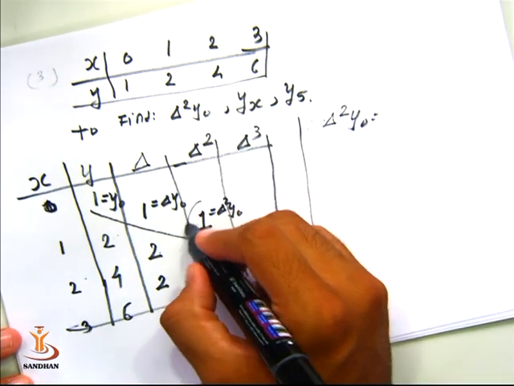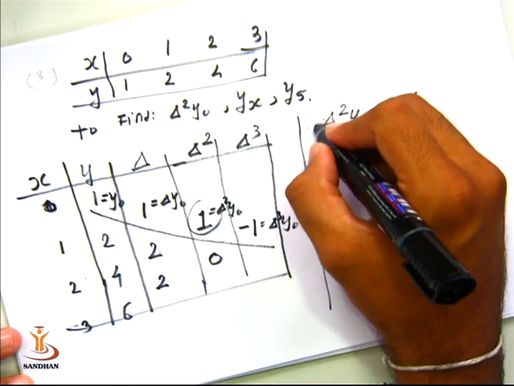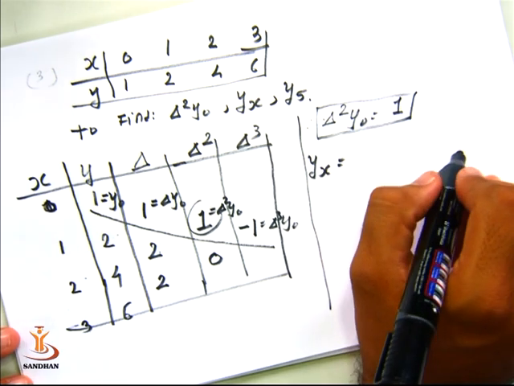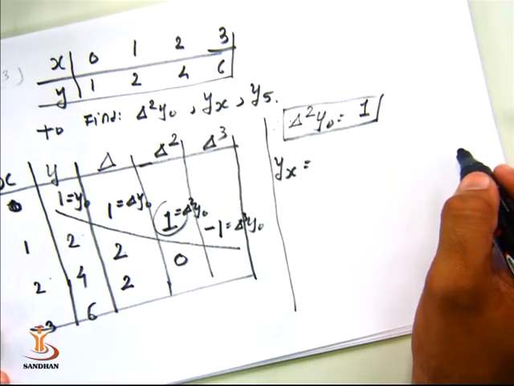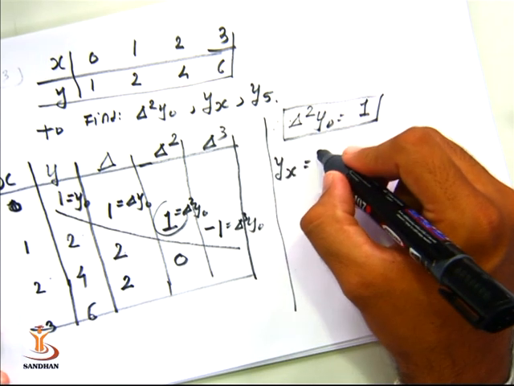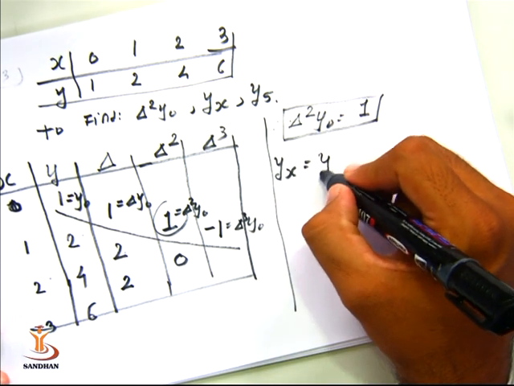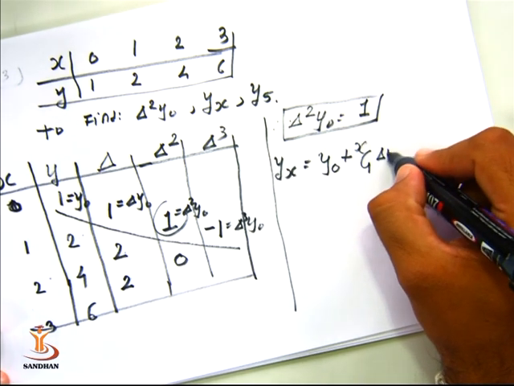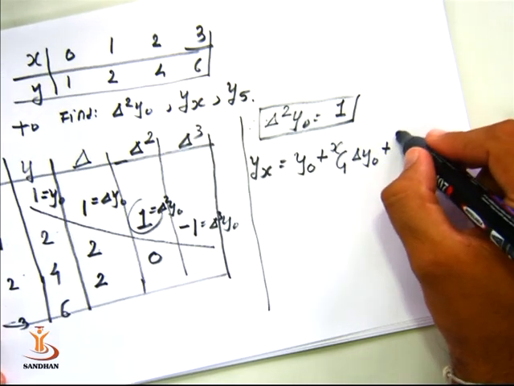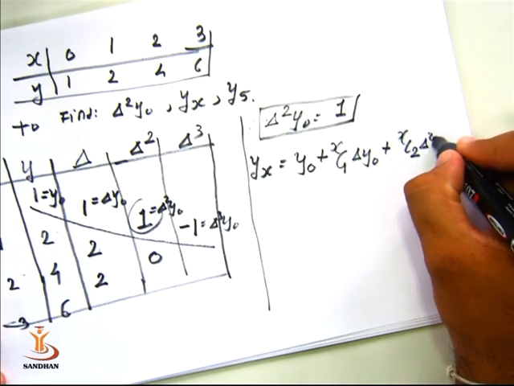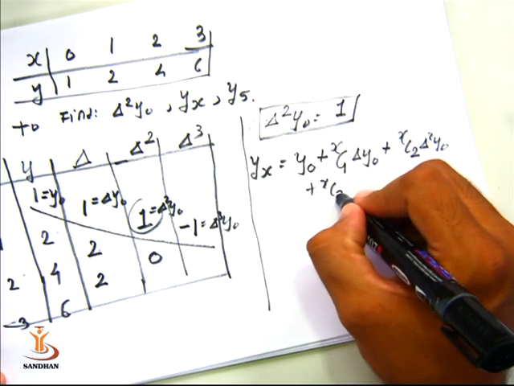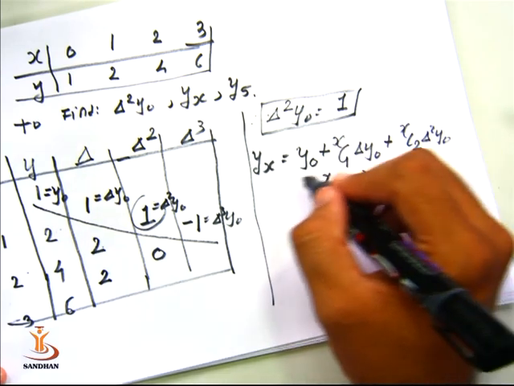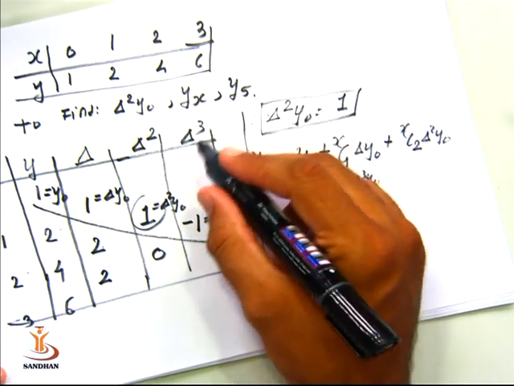If you refer to the table, we have the value plus 1. Now, to obtain the polynomial, we will use the concept of the forward difference operator as well as the binomial expansion method. To obtain the polynomial, we will use the binomial expansion: y0 plus xC1 delta y0 plus xC2 delta 2 y0 plus xC3 delta 3 y0. We are bounding these values up to delta 3, as in the table you can observe we have the values up to delta 3 only.